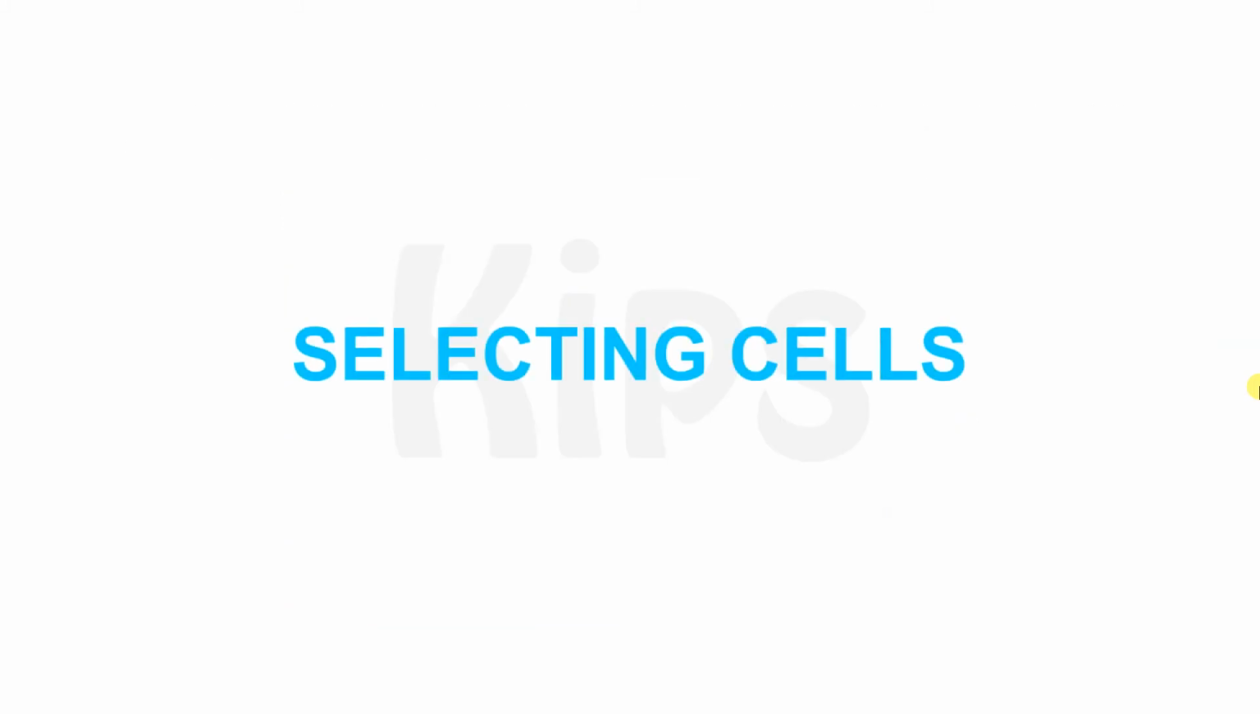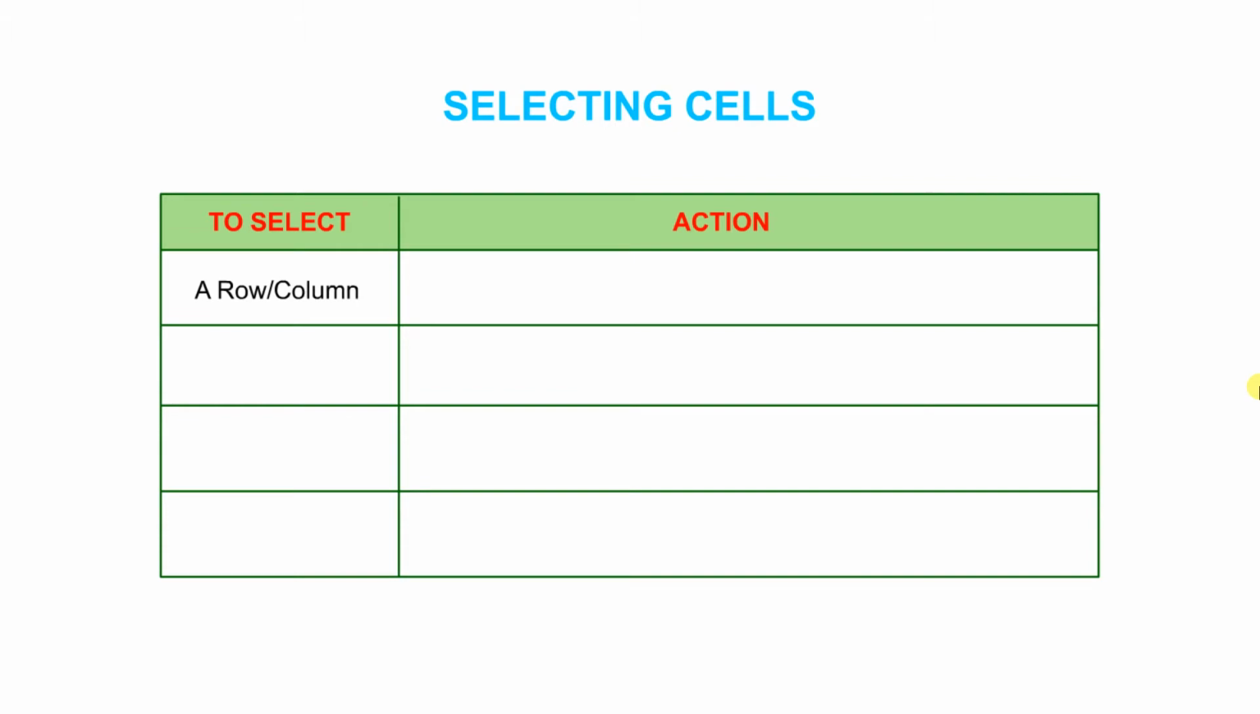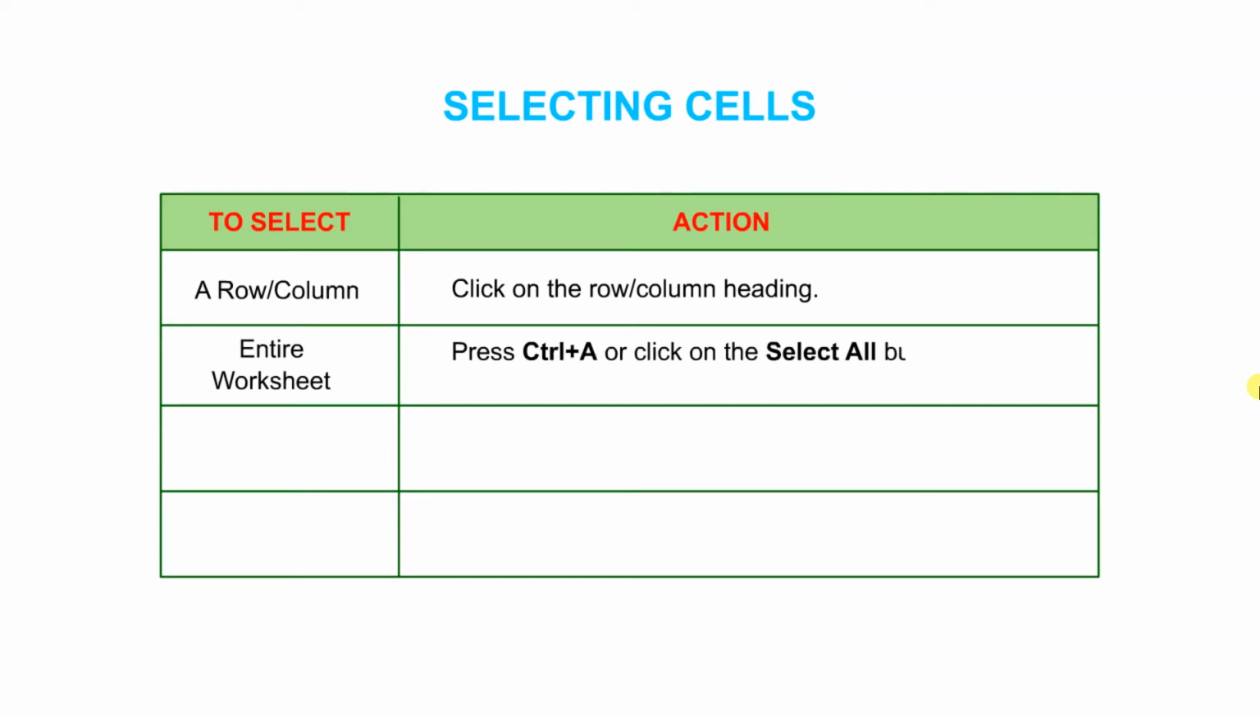Before moving forward, let us first learn about selecting cells. In Excel, you often need to select a group of cells to perform any action on them. You can select them in any of the following ways. To select a row or column, click on the row or column heading. To select the entire worksheet, press Ctrl+A or click on the Select All button located on the top of the first row